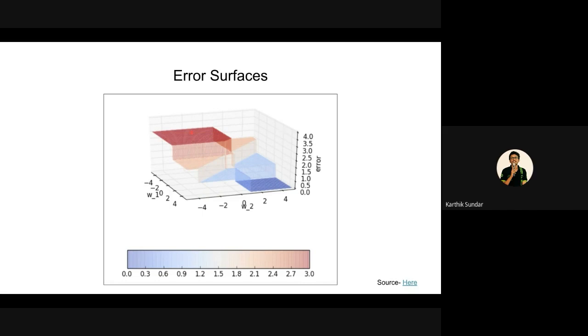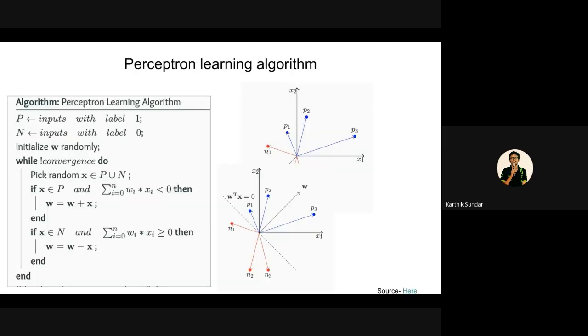So what is our requirement is to come up with an algorithm that could lead you directly to here. Instead of, like till now, we hand coded everything. We hand coded the weights. Instead of hand coding, can we have an algorithm that will find us the optimal region? So that's the question in hand, and that's where the perceptron learning algorithm comes into play. So this is the perceptron learning algorithm.